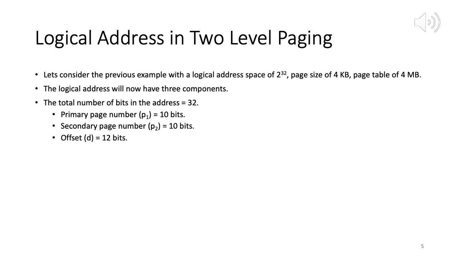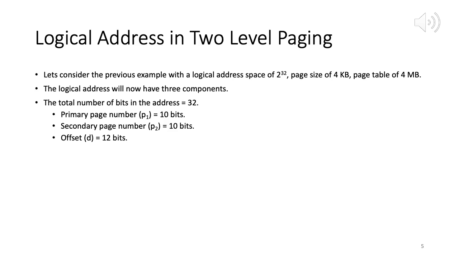Okay, so now I am on slide 5 and now we will do a more concrete example. So we take the same example as before. Logical address space is 2 raised to 32 bytes, 4 gigabytes. Page size is 4 kilobytes. And of course, the total page table needs 2 raised to 20 entries into 4 bytes, 4 MB of space. So same example as the earlier, which we discussed in I think slide 1 or 2.